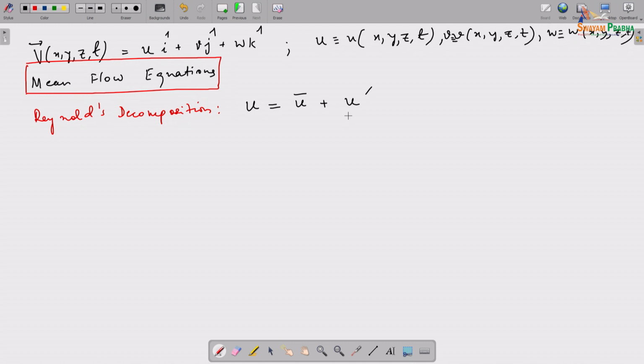Therefore this mean value of the velocity